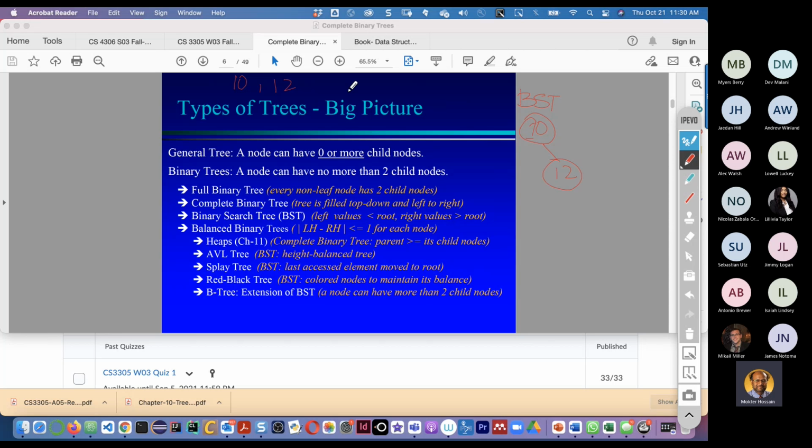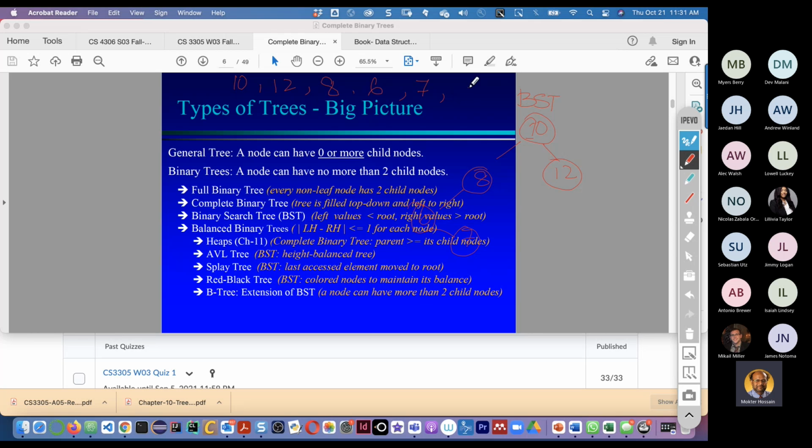At the next value, if I encounter 8, it is less than 10, so it goes to the left side. If I face another value, 6, it is less than 8, so it will go left. If I encounter another value, 7, then 7 is less than 10, so it goes left, less than 8, so it goes left, but it is greater than 6, so it will go to the right side.